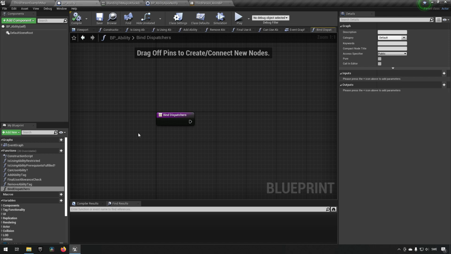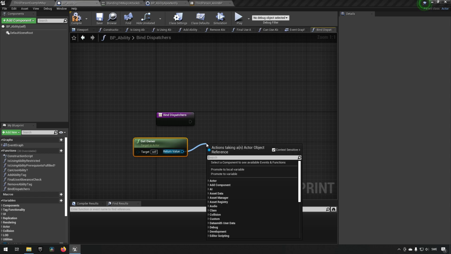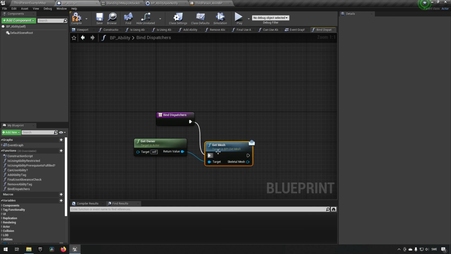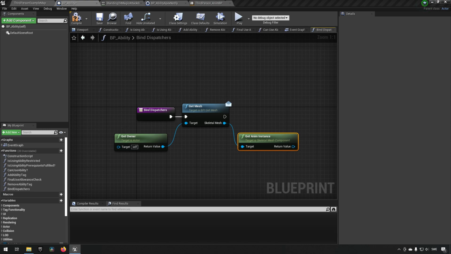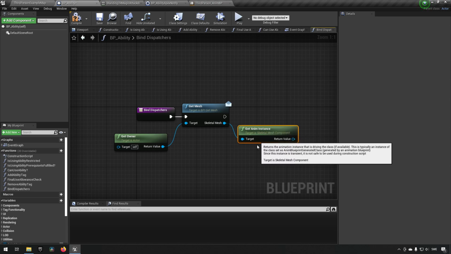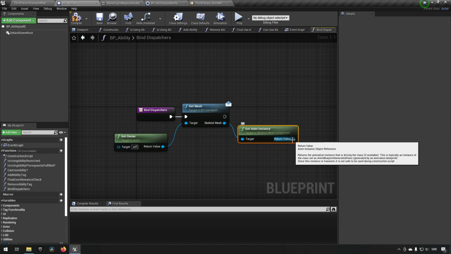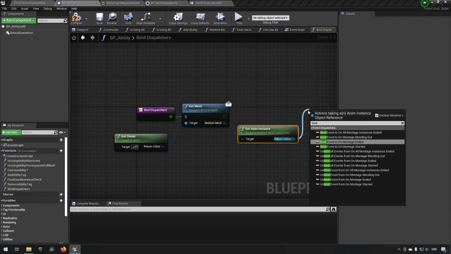In this one we can get the owner, because that's important. And then we need to have the anim instance, because that is where we are going to listen to this event firing. So we need to get the mesh of this owner so that we can get the anim instance from that mesh. So no casting is being done or anything like that so far. However, now that we have an anim instance, it won't be enough to say that we want to bind this event now. If we say bind,